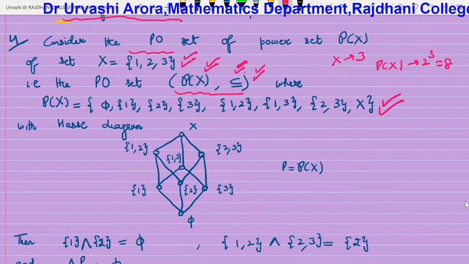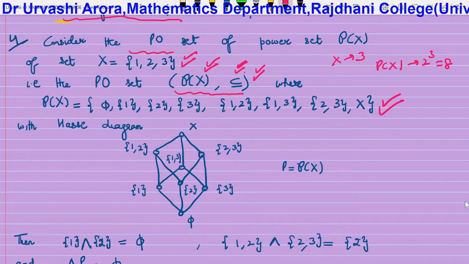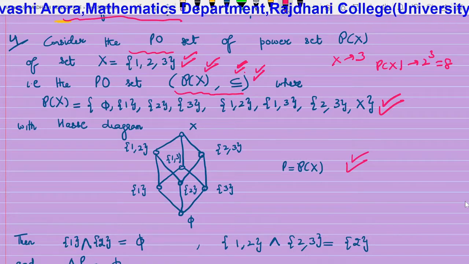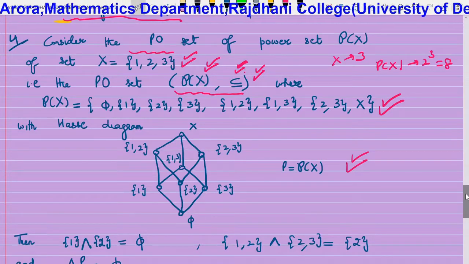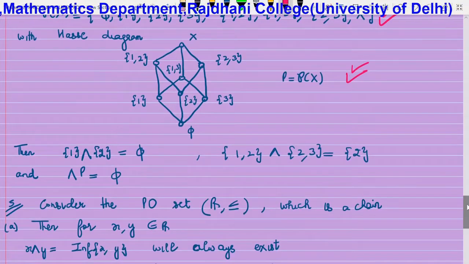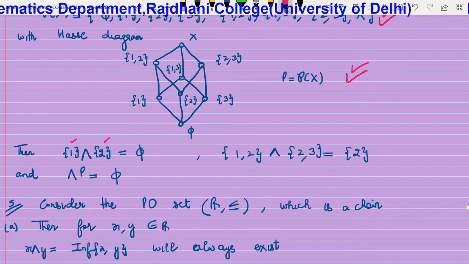So these are the 8 elements of the power set of X, and they will form a poset with respect to the inclusion relation, and this is the Hasse diagram. This we have discussed many times in my earlier videos, and the Hasse diagram also has been discussed in detail. Now if we try to find out what is the meet of singleton 1 and singleton 2,